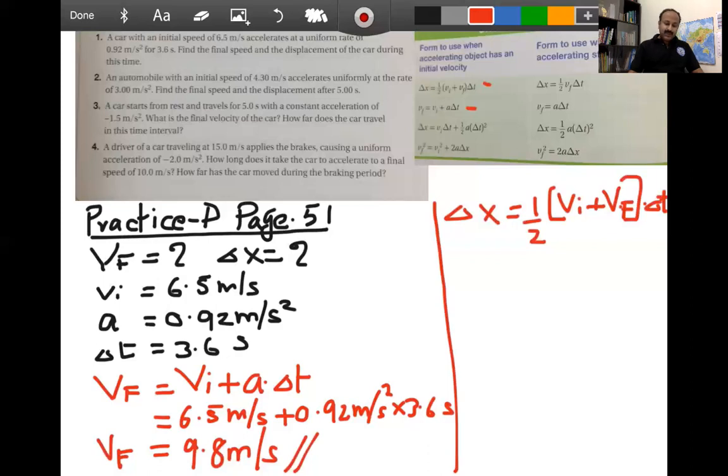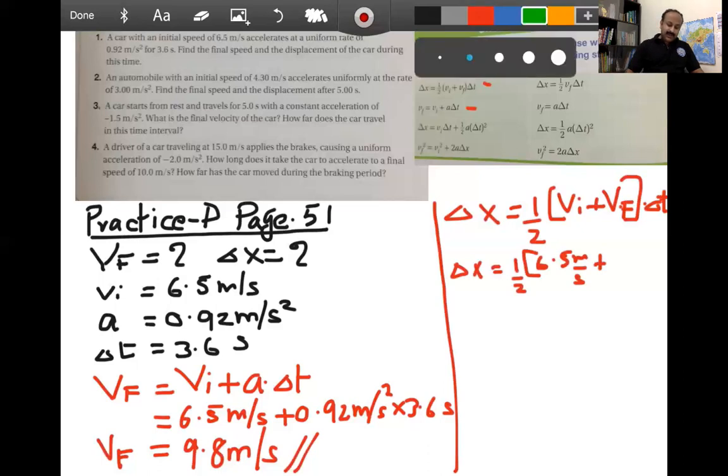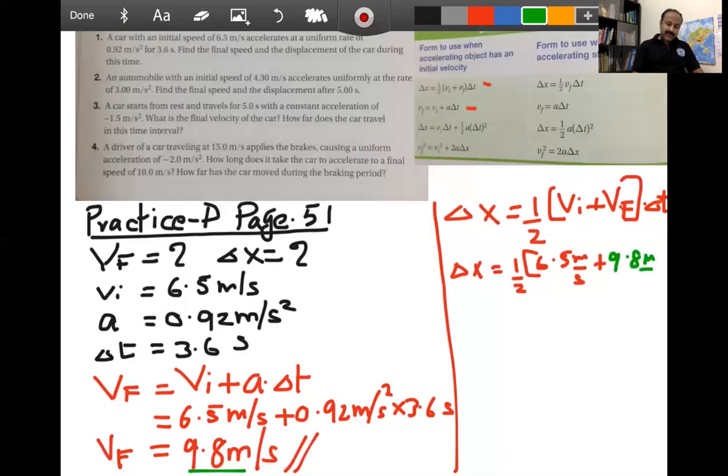Now you can just plug in the values. Delta X, the displacement, is half into VI, which is 6.5 meter per second, plus VF. Just now we calculated the value of VF, which is 9.8, so that I'm going to use, 9.8 meter per second, times delta T, which is 3.6. So 6.5 plus 9.8 is 16.3, divided by 2, times 3.6. So your final answer is going to be